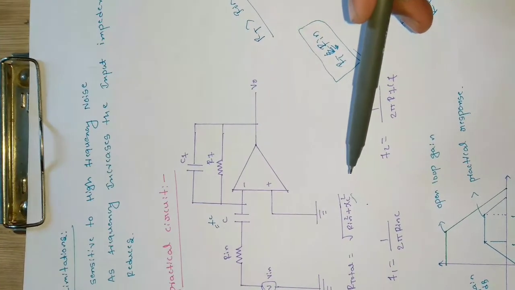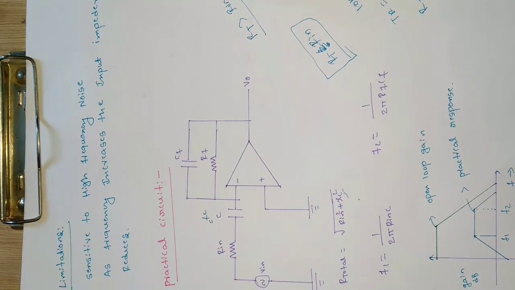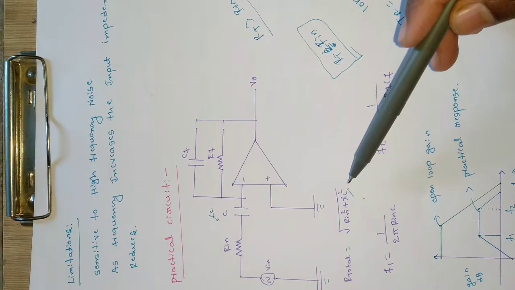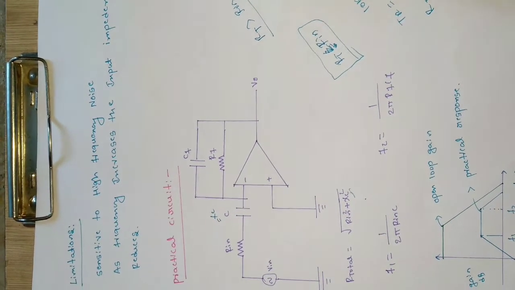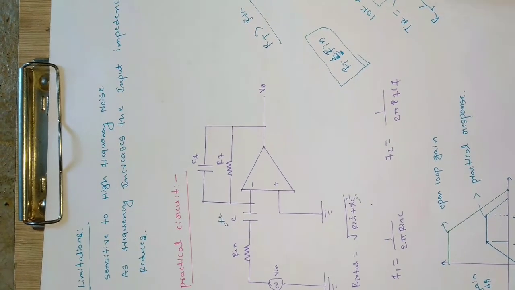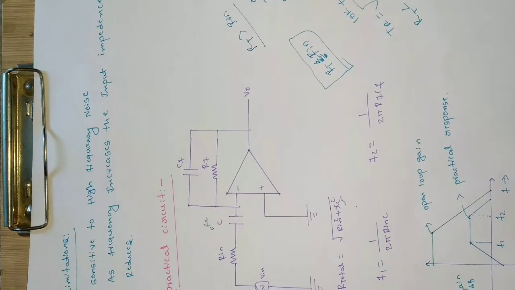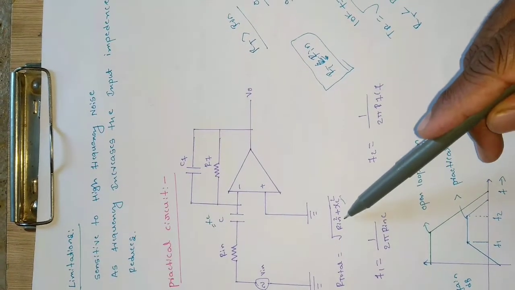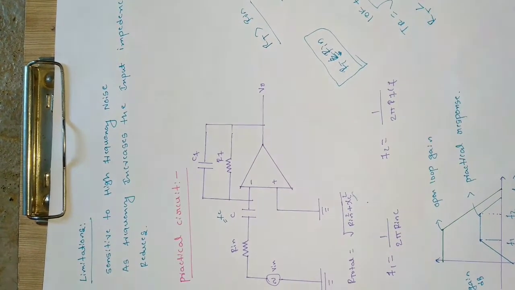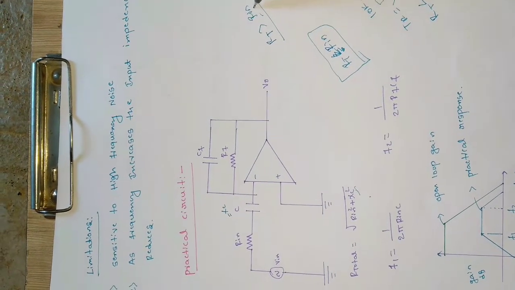So by doing this, we can ensure that the total resistance RT will always be greater than Rin, because even at higher frequency the capacitor will be offering some resistance, at least we can say 0.2 ohm, or in terms of 5 or 10 ohms also. So at that time it will be equal to the sum of Rin and Xc. So when we add up together, it will always be greater than Rin.